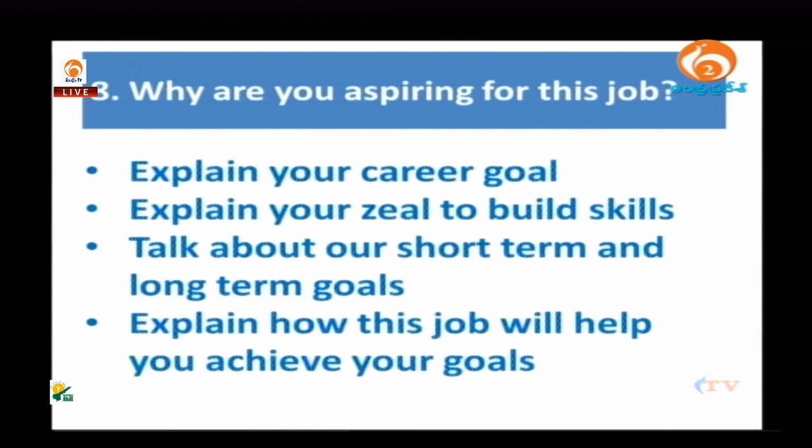You need to explain your zeal to build skill. For example, you are joining a particular bank for customer service. So you can say, sir, I want to become a very successful and efficient customer service specialist. That's why I am aspiring for this job, because the job will help me achieve my dream of becoming a very successful and interactive customer service specialist. You can speak about your